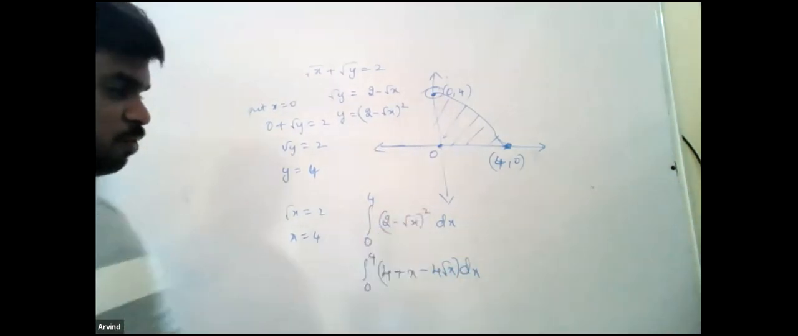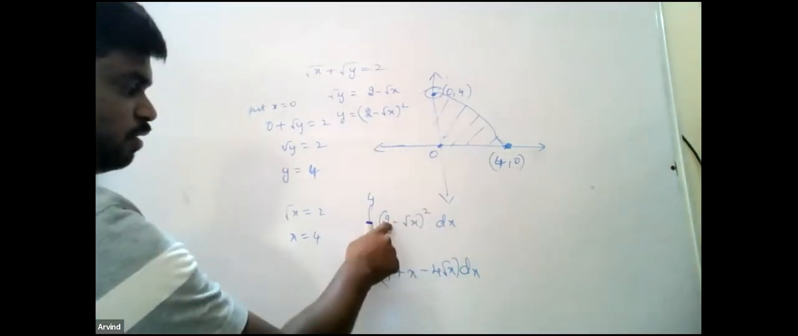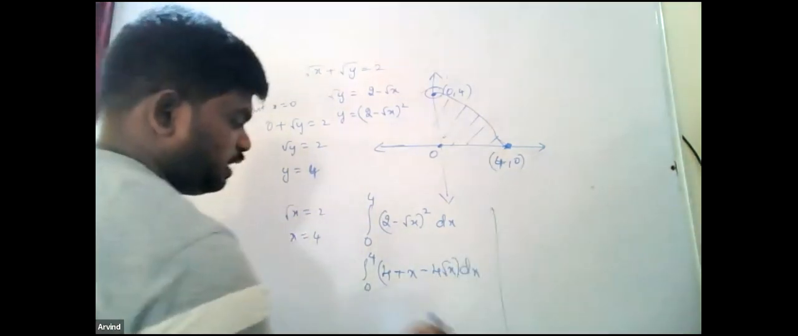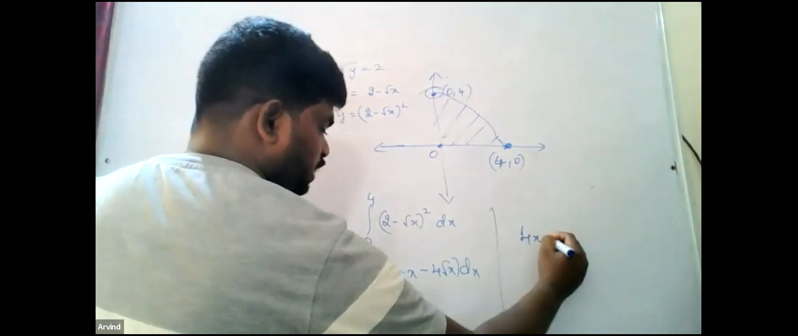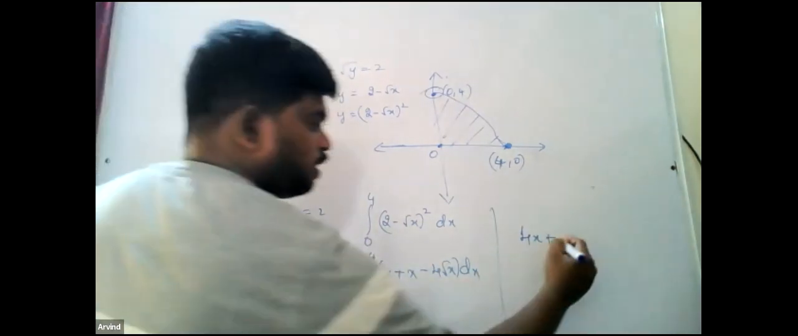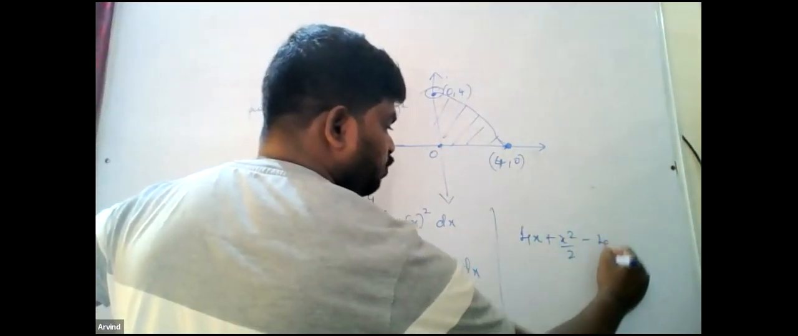Okay, a square, 2 square, that is 4. b square, root x square, that will become x. 2 into 2, 4, 4 into root x, 4 root x. Okay, now you just integrate it. If you integrate it, integral of 4 is 4x, integral of x is x square by 2 minus 4, integral